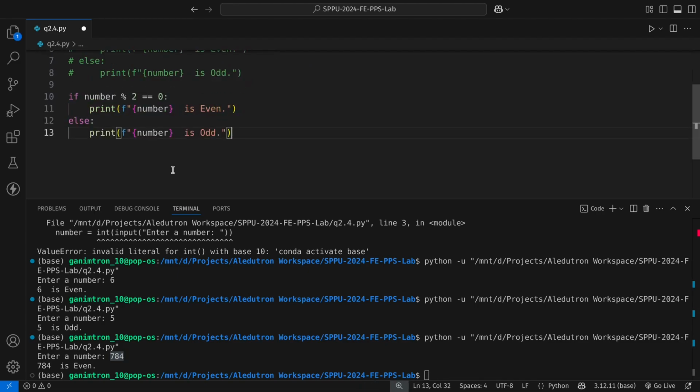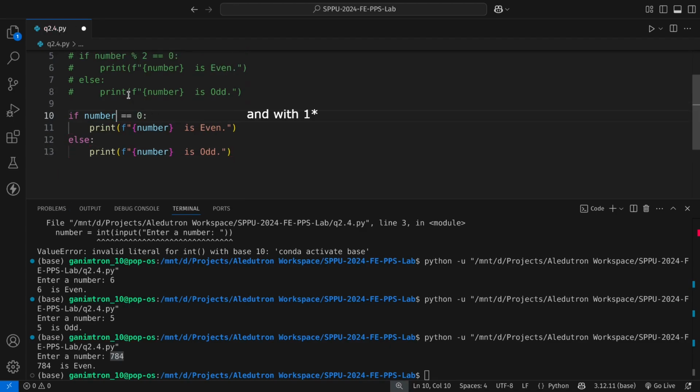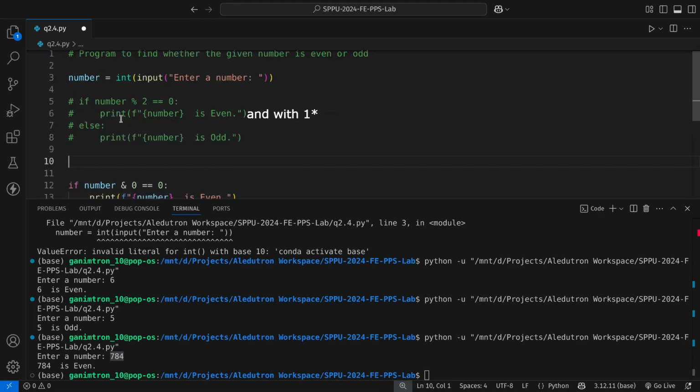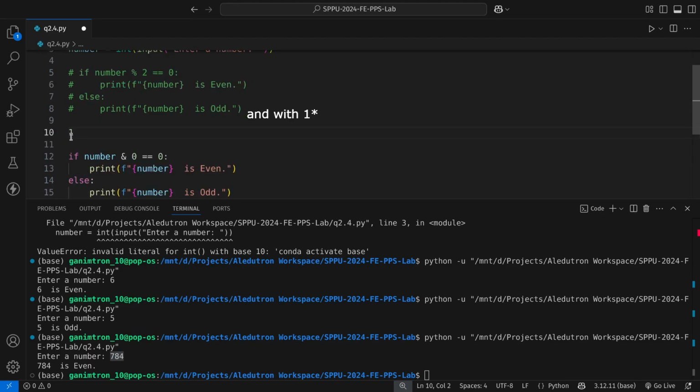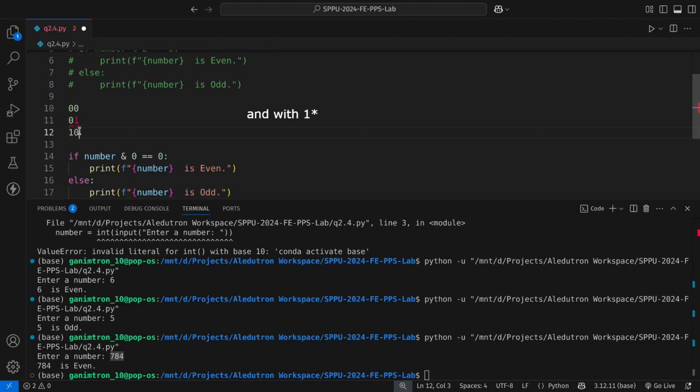It is using the bitwise operator. So instead of 2 we AND it with 1, and here we are assuming the number is a valid integer. Whenever the binary representation of a number is odd, it will have a 1 at the end, because if you see 0 0 0 1 1 0 1 1, here you can say this is position 0, this is 1, this is 2, this is 3, and similarly. So whenever there is an odd value, we get a 1 at the last position.